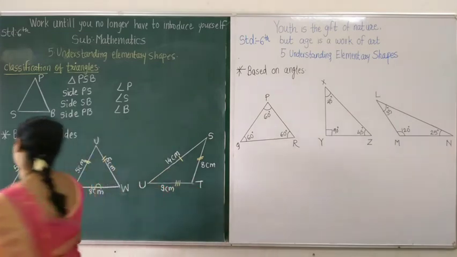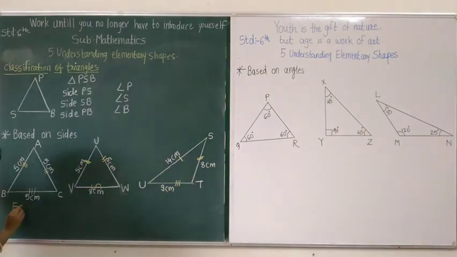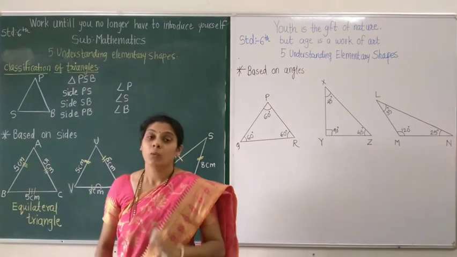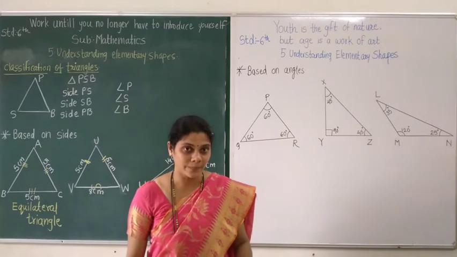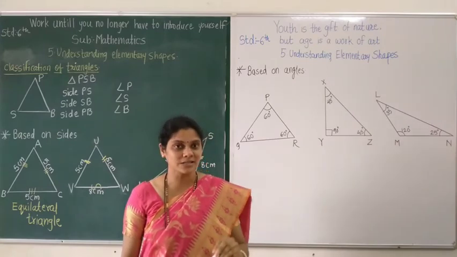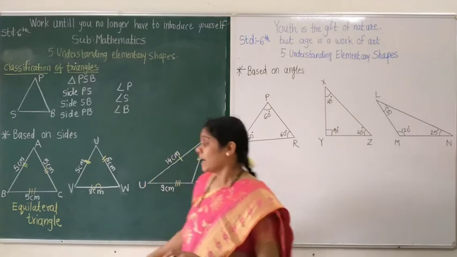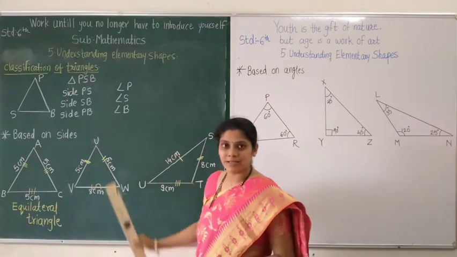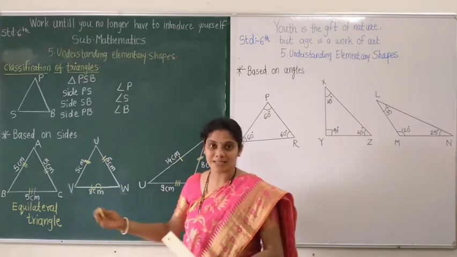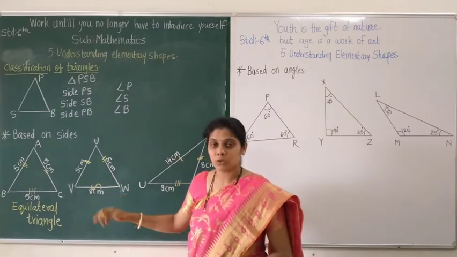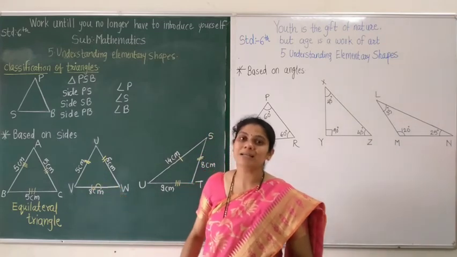Name of this triangle. Look at here. Equilateral triangle. So, what is the equilateral triangle? That triangle which has all the sides in the same length or the same measurement is known as an equilateral triangle. In this triangle, only two sides are equal. That means another side is different, having a different measurement compared to these two sides. So, the name of this type of triangle is isosceles triangle.